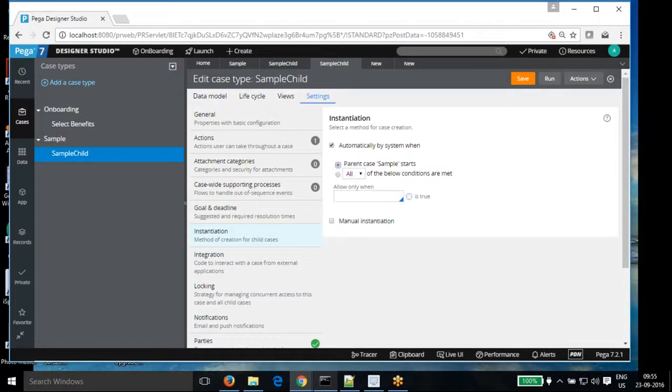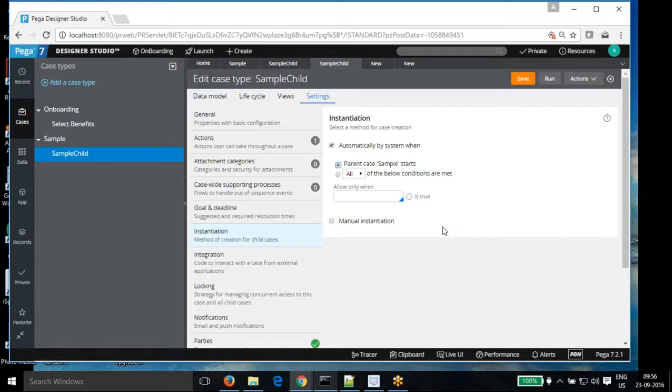So there is a typical example you can see from this one. See, you have your candidate case, and for the candidate, there is a background verification case as a child case. So as soon as you receive the resume, you want to invoke the child case, background verification, for it. Or see, there is a pass percentage. For resumes, 50 to 70% get rejected, 30% get selected. Right? Most of the time it happens. So the selection criteria works in that way.